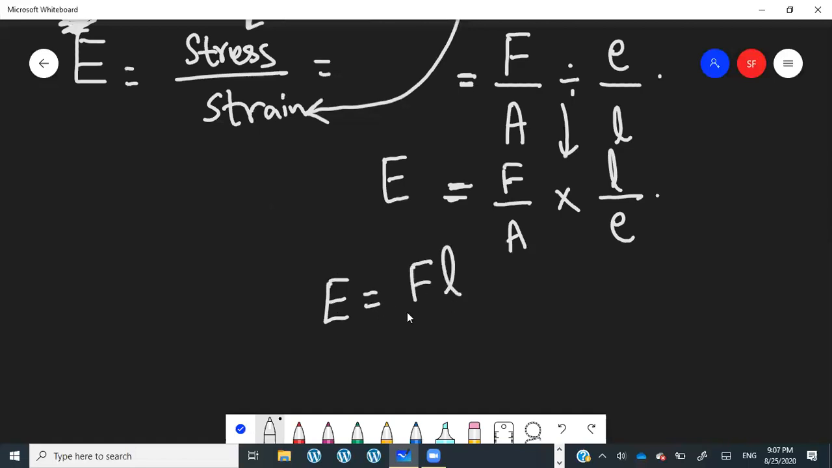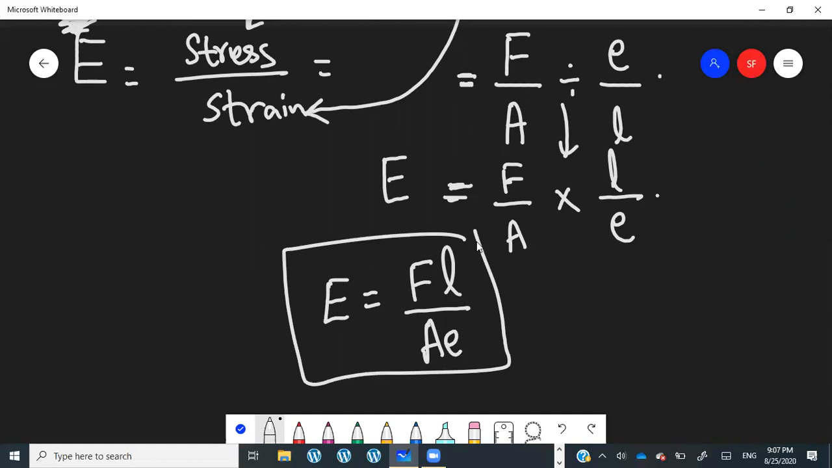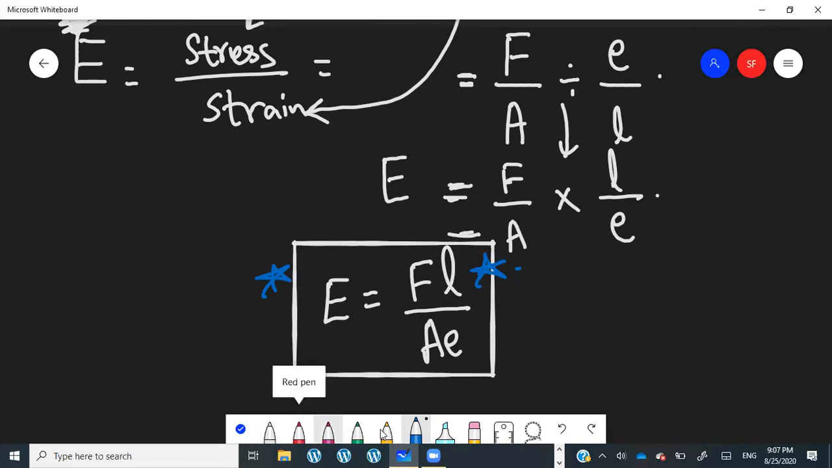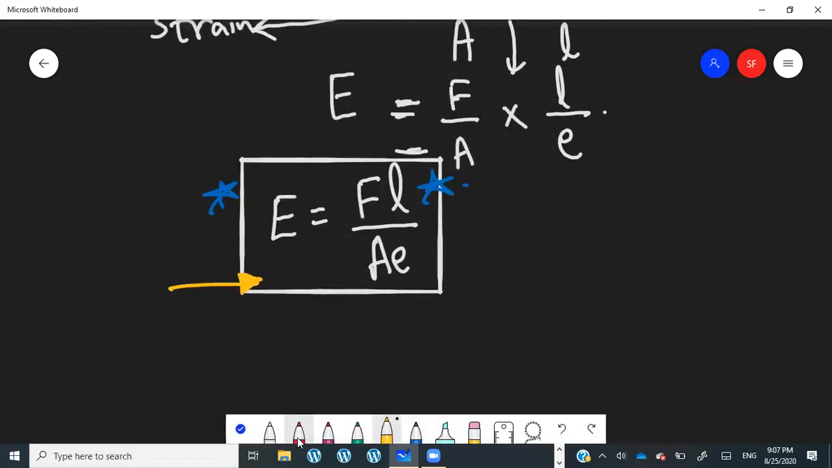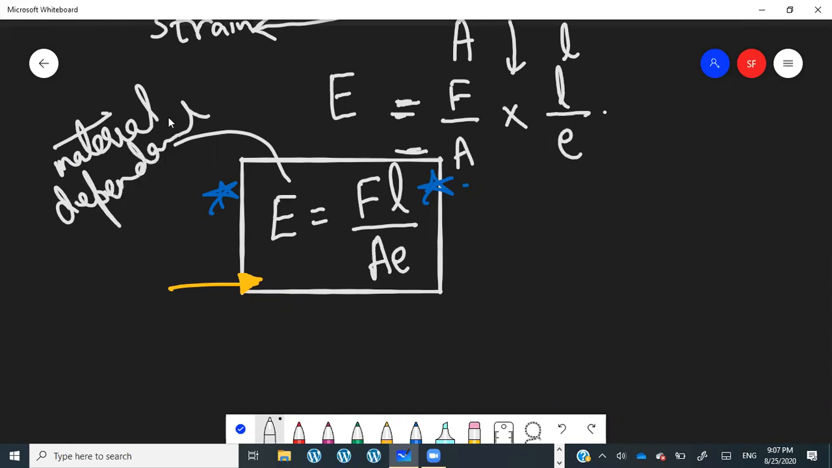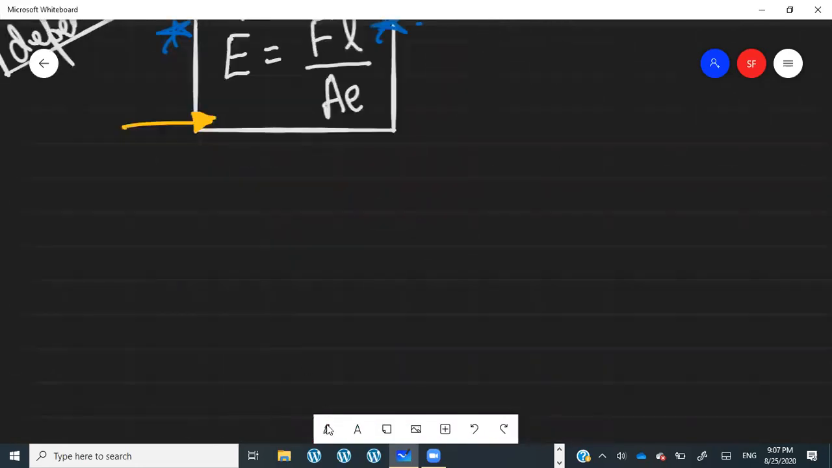Okay, FL over AE, and this formula is actually the most important formula of the entire chapter. This has been asked so many times in the past papers. So this is the most frequently asked formula of the past papers for the Young's modulus. If you have the length of a wire, its cross-sectional area, extension and force, you can calculate its Young's modulus. And by the way, this Young's modulus is material dependent. So as long as you don't change the material, the value of the Young's modulus will not change. Okay. Now,